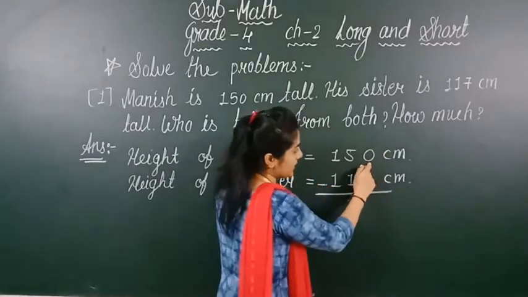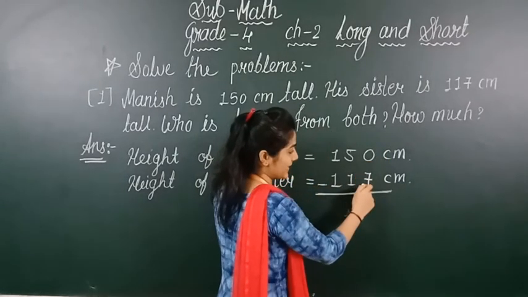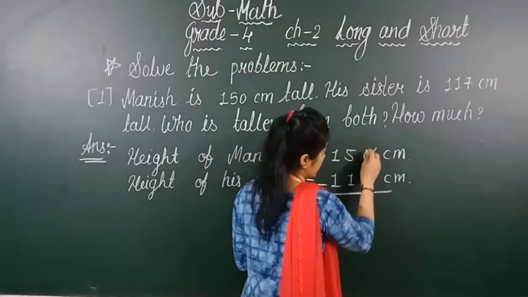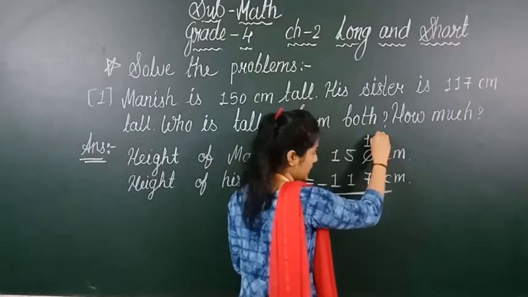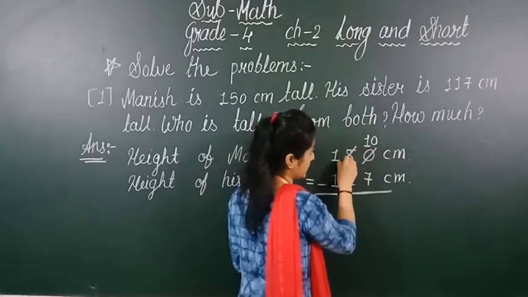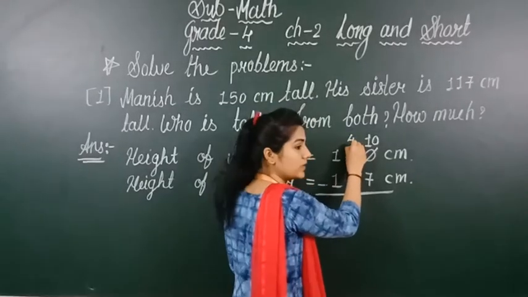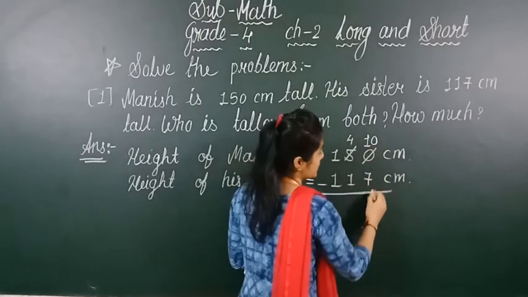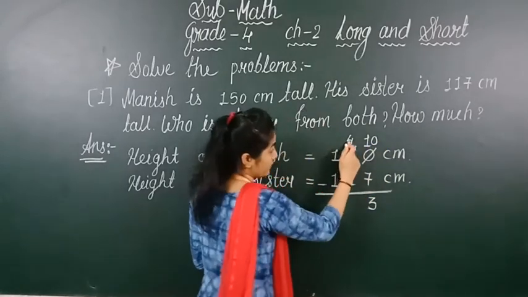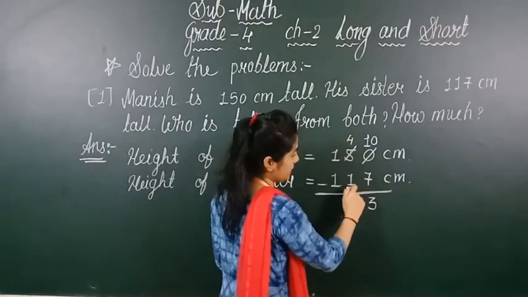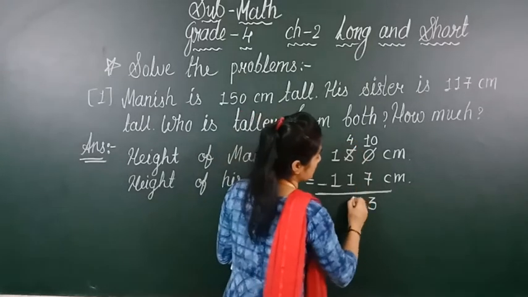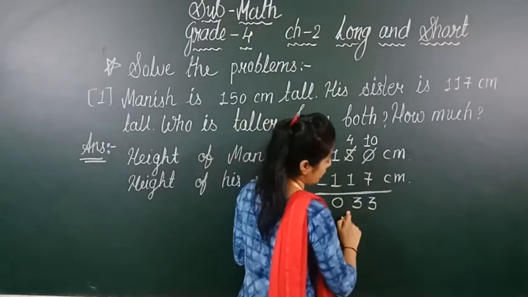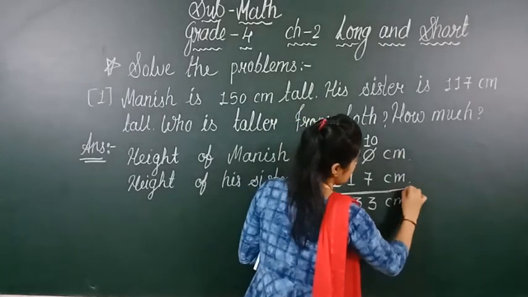So first just check here, first digit is 0 and second digit is 7. That means we can't subtract this 7 from this 0. So we are borrowing here 10, right? And we are cutting the previous number and putting here 1 less, right? Now we are doing subtraction. We are cutting this 7 from this 10. So we will get 3. And from this 4, we are cutting this 1. That means 4 minus 1, 3. And 1 minus 1, 0. That means we got our final answer 33 centimeter, right?